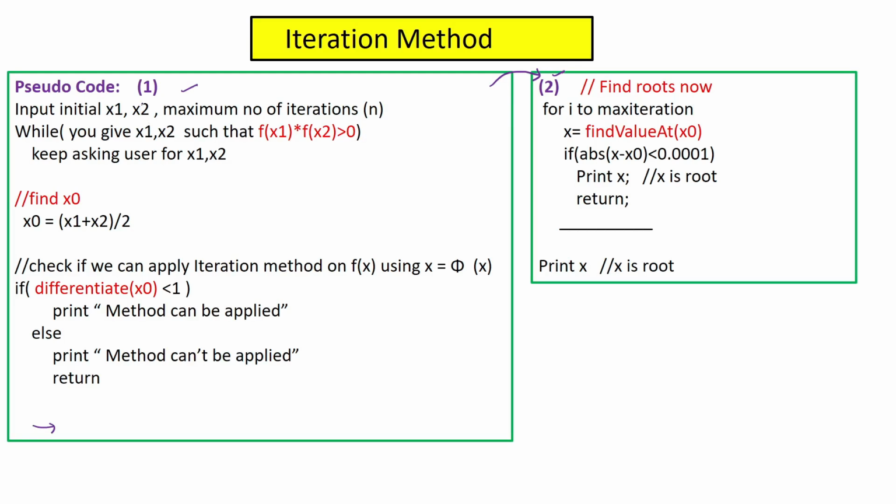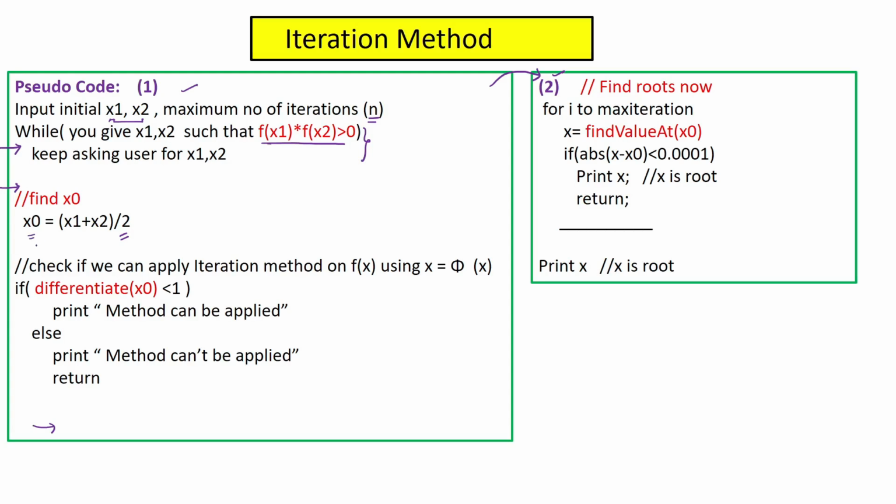So as we did in the bisection and regula falsi method, we have taken the value of x1 and x2 from the user, and the maximum number of iterations till which we want to run our code. This is the same code that we saw in the bisection and regula falsi method. So till this condition is true, that means x1 and x2 are not valid, we will keep on asking the user for the value of x1 and x2. And when the values of x1 and x2 are valid, we will come out of this loop